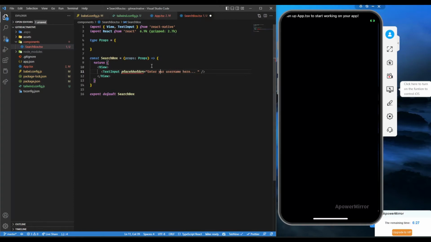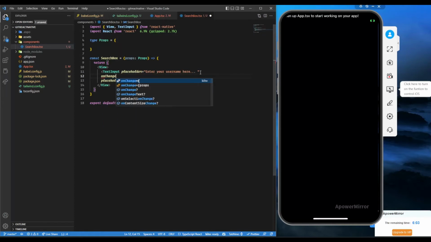And then the next thing we will need is the color for this placeholder text. So placeholder text color, I'm going to give it hashtag FFFFFF. So that means white color. And here I added some extra things, so that goes. And then the next thing I need to add here is